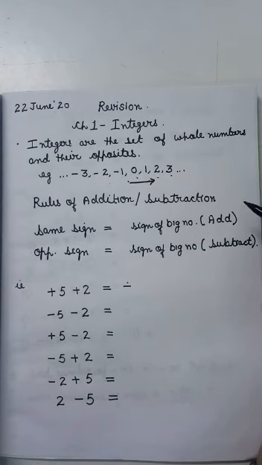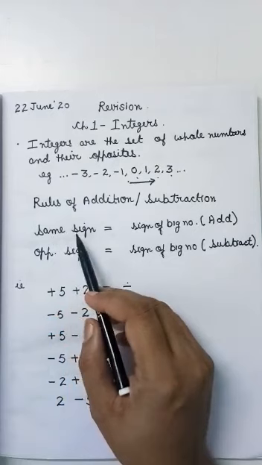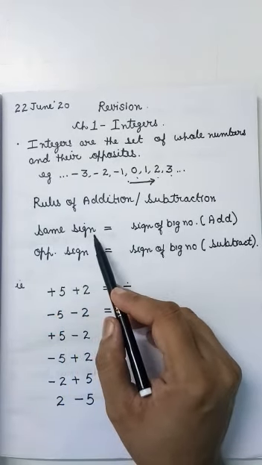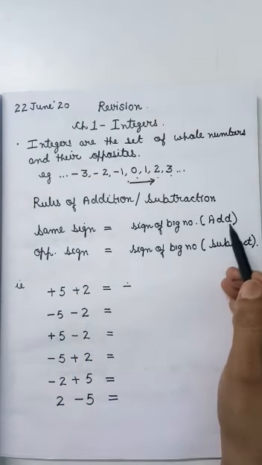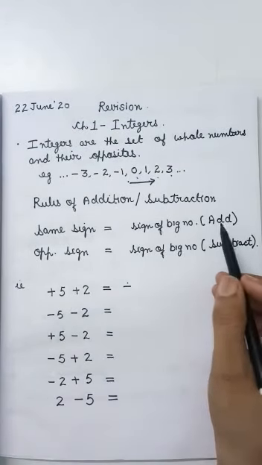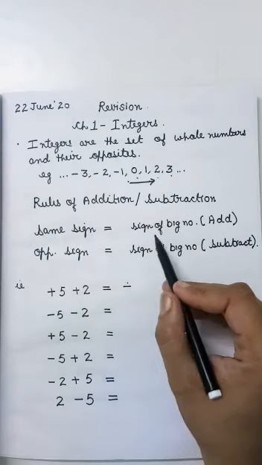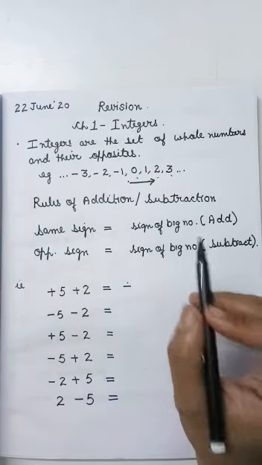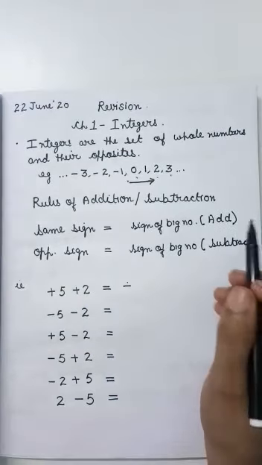Remember class, always whenever in the question the sign of the numbers is same, means if both the numbers are positive or both the numbers are negative, what you will do there, you have to add the numbers without the sign. आप दोनों नंबर्स को प्लस करेंगे, ऐड करेंगे विदाउट द साइन. देन विच साइन यू हैव टू पुट? ऑलवेज द साइन ऑफ द बिग नंबर. विदाउट साइन जो भी नंबर आपका बिग होगा, मीन्स पॉजिटिव नंबर बिग होगा तो पॉजिटिव साइन आएगा, नेगेटिव नंबर बिग होगा तो नेगेटिव साइन आएगा.